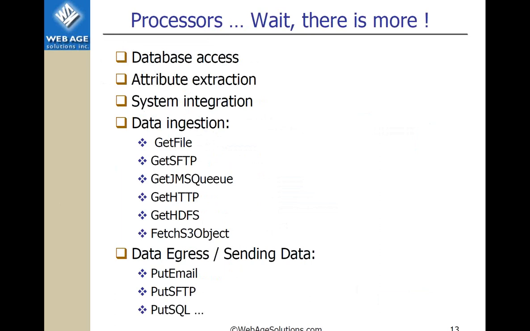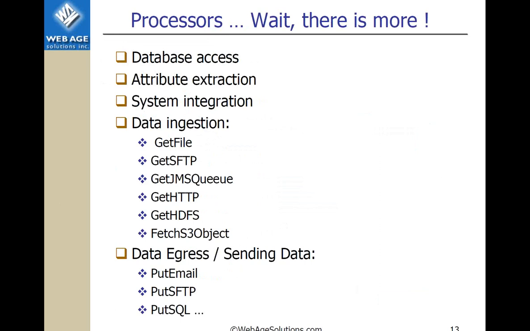All the major databases are supported. I guess you can develop your own attribute extraction. It's a dictionary type of thing, meta information, without actually going into the message itself. On integration and data ingestion, as you see, FTP and JMS integration is there. HDFS and S3, which is Amazon: you would need to set up an account with Amazon, and you can get a file. And by the way, you can put the file in the cloud. It's secure as well, the end points are secure. Essentially, you've got the cloud integration. So I guess something along those lines can be done with Pivotal Cloud Foundry.